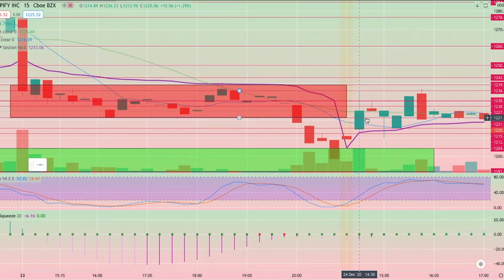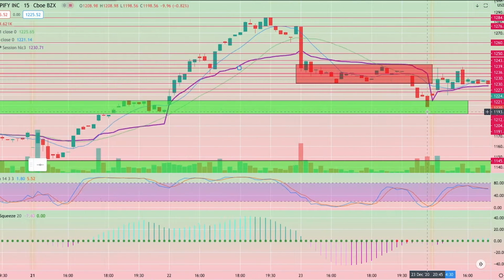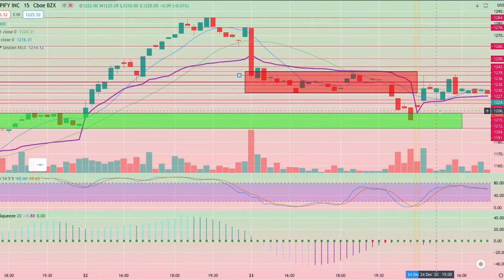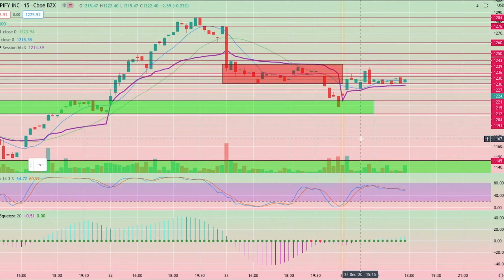It was 1215 all the way up to 1220. That's a $5 move, and that's enough for you to make your $400 gains, especially when you're trading same day expiration contracts. Now you'll see I've got obviously a lot of indicators on the charts, but I won't get too much into the details of those, but they assisted me when entering the trade and how to enter the trade. So I did use a combination of other strategies, but supply and demand was the key strategy in this particular